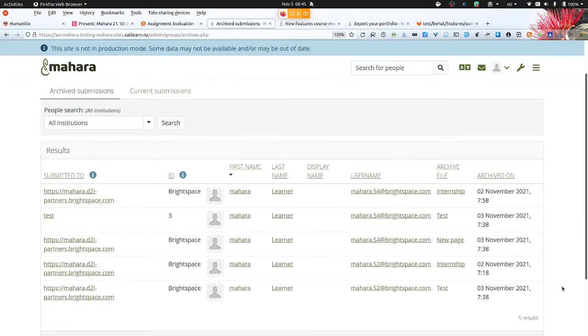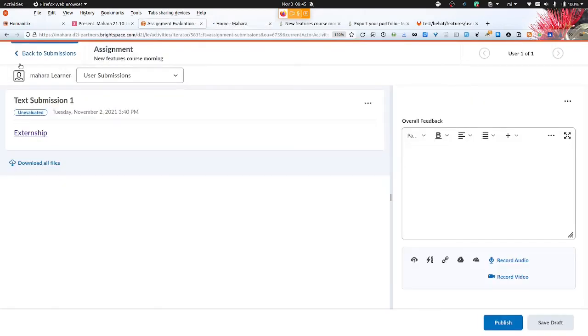And those things are being seen in the archived submissions, and as usual the archive files can be downloaded. And so those were the LTI Advantage functionalities that we have available. Namely, that we can just log out of here in case I need to go back as site administrator.